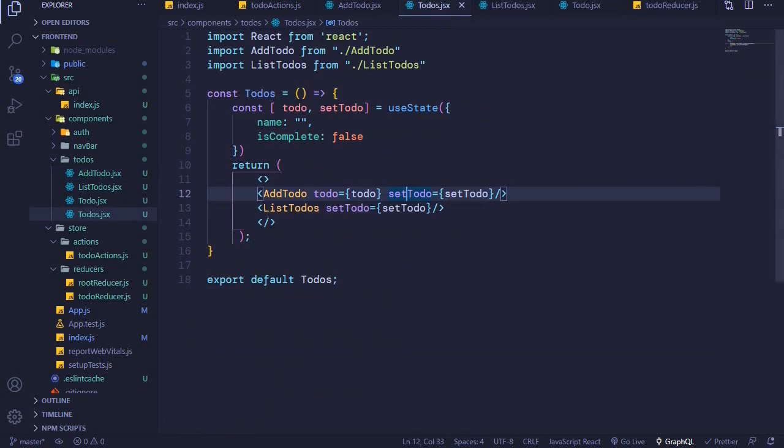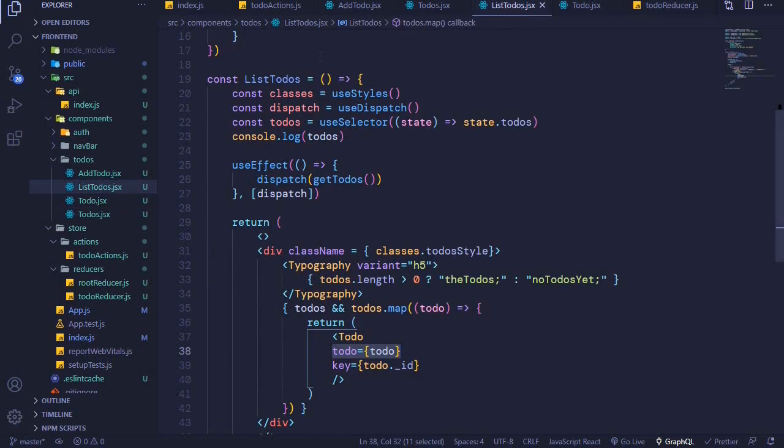So yeah, now the next step, I'll come back to the todos.jsx file. We need to go to this ListTodos component where we are receiving setTodo as a prop. So I'll come to ListTodos.jsx file, and we receive setTodo as a prop. So right here, setTodo. Okay, now we have that, and we also need to pass this setTodo as a prop to our Todo, because in our Todo is where we have a button for updating a todo. So right here I'll pass setTodo as a prop. So setTodo will be equal to setTodo,